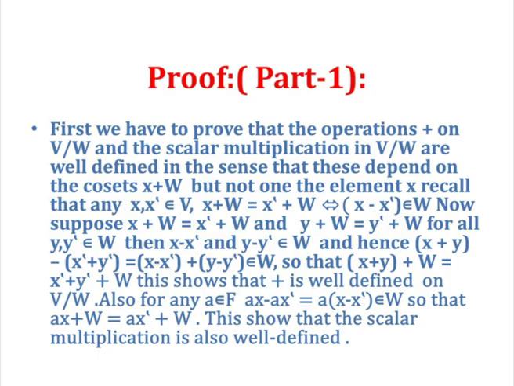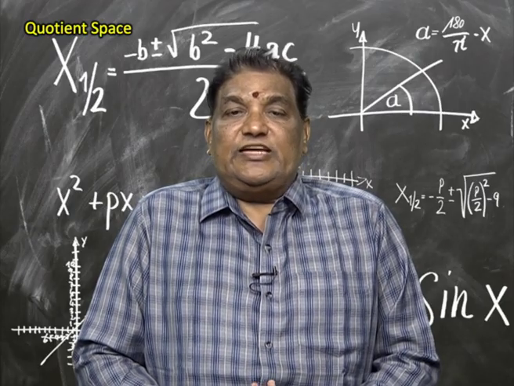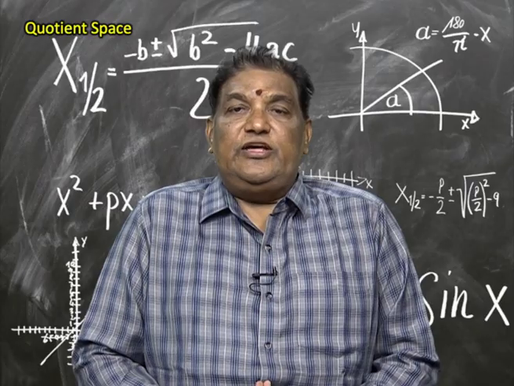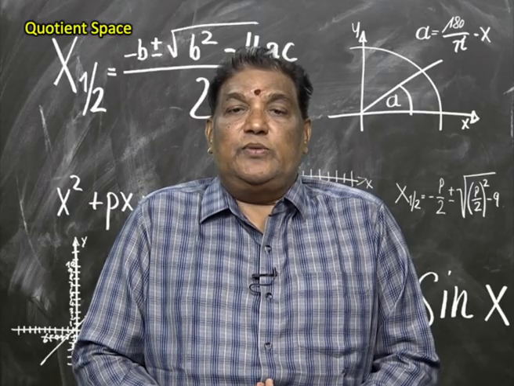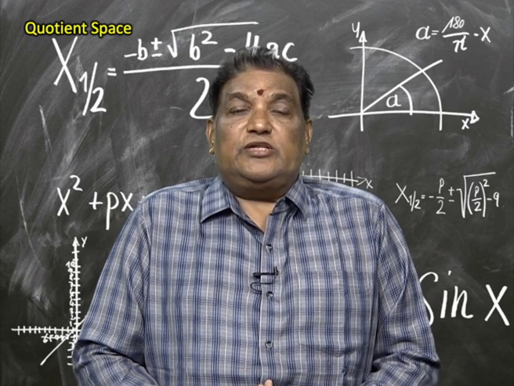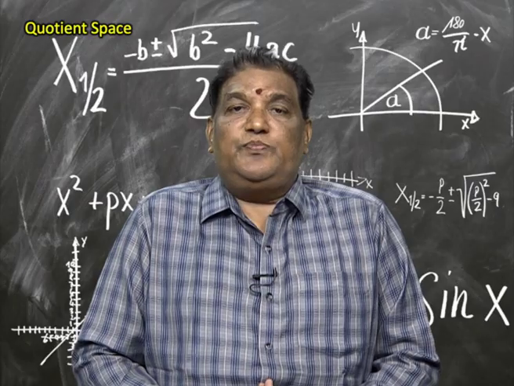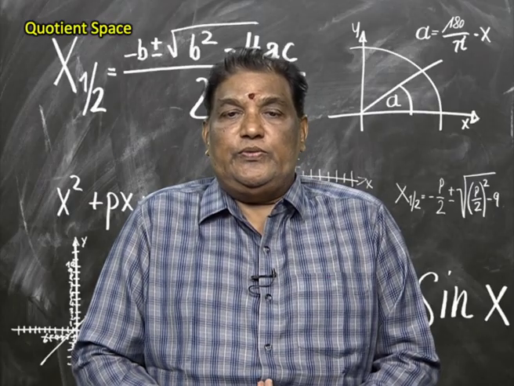Recall that for x, x' belonging to V, x + W equals x' + W if and only if x minus x' belongs to W. Now suppose x + W equals x' + W and